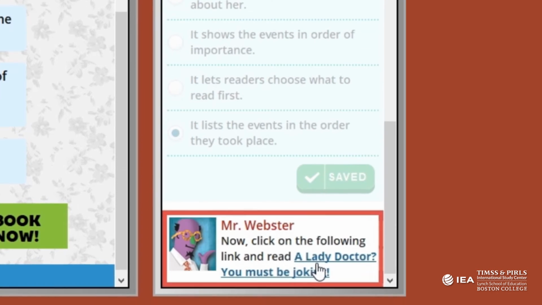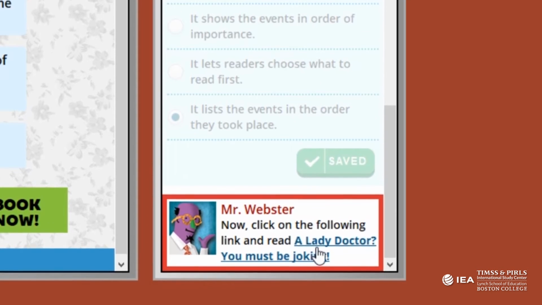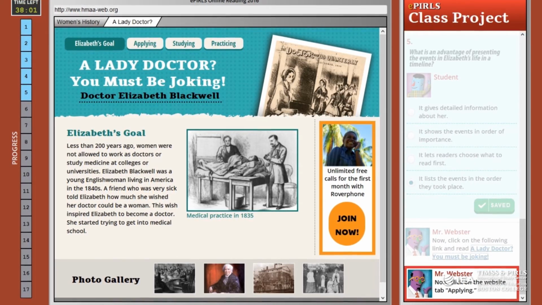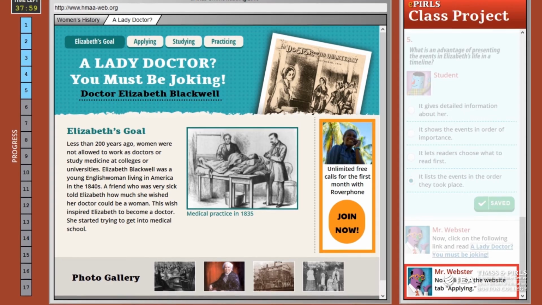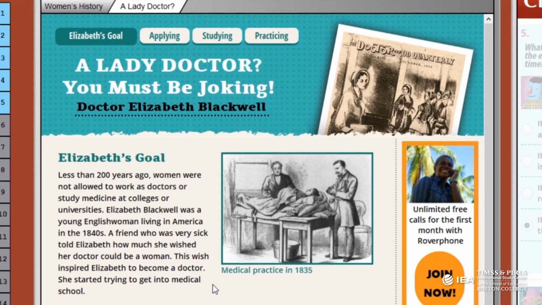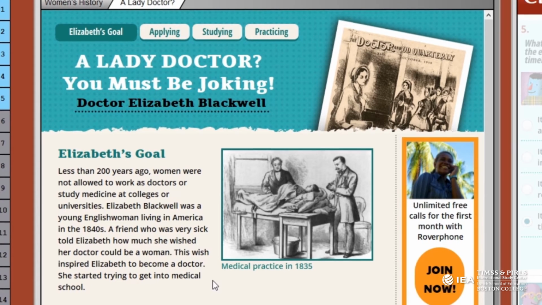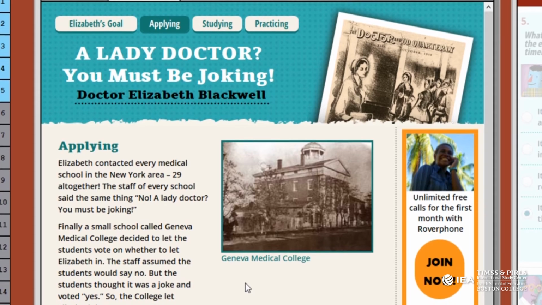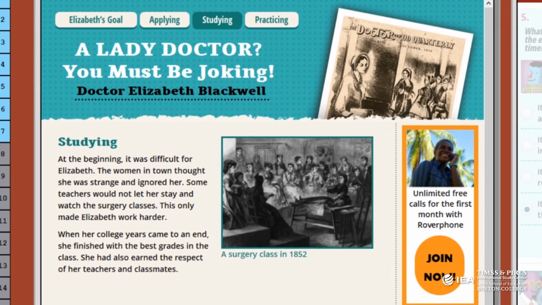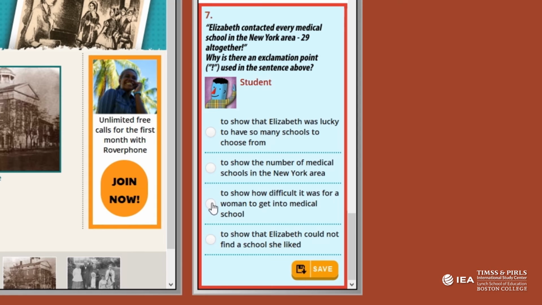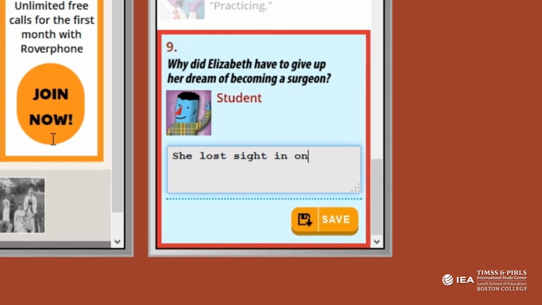Then the teacher avatar directs students to navigate to a new website. This website details the career of the pioneering female doctor in the 19th century. Navigating through each tab, students read about Dr. Blackwell's inspiration for joining the medical field, her struggle as a woman to be admitted to medical college, her studies, and her practice. They are asked a number of questions, including why Elizabeth Blackwell had to give up her dream